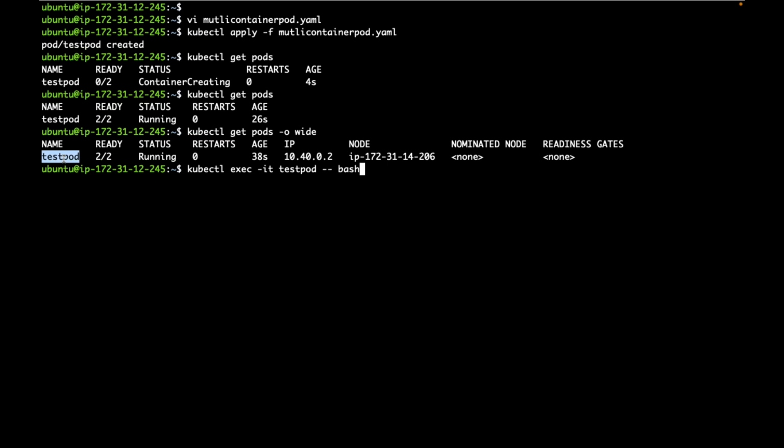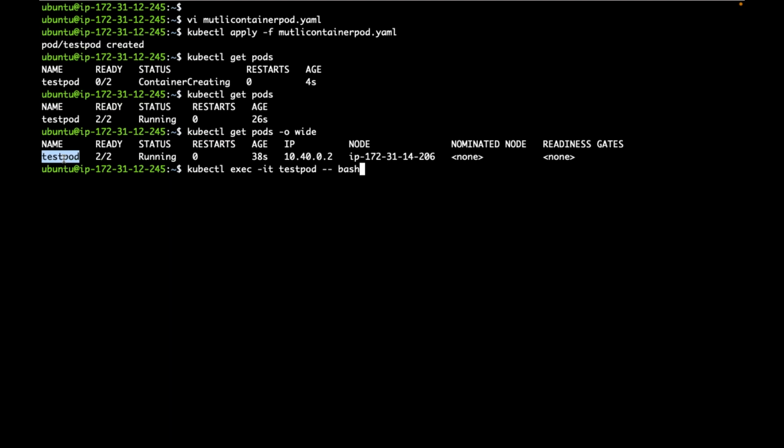in which container will this bash be executed interactively? Whatever is in the 0th position in the containers. When I created that pod manifest, which one is in the 0th position? Is the Nginx container there, or the Java web app container in the 0th position?